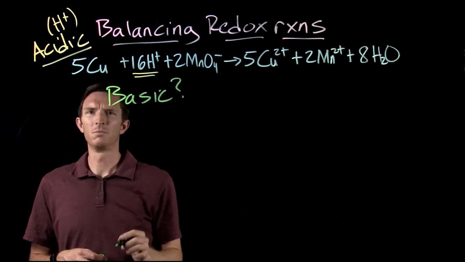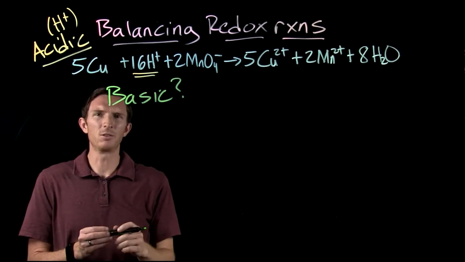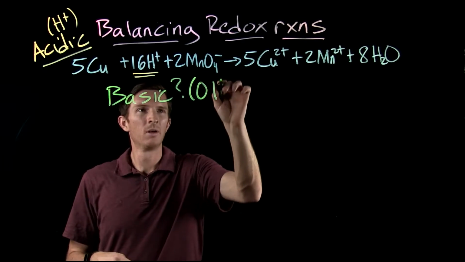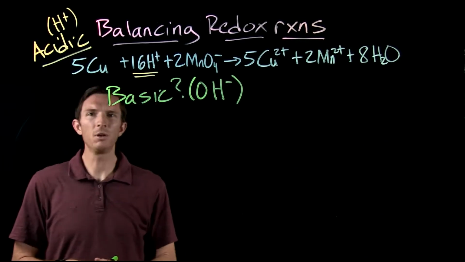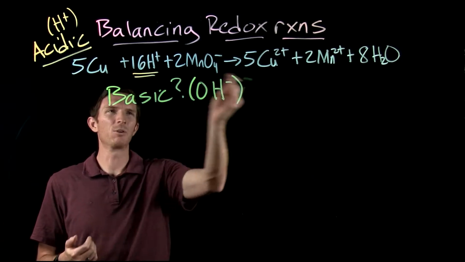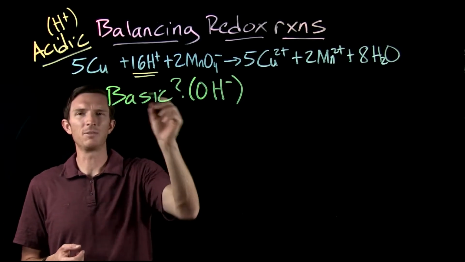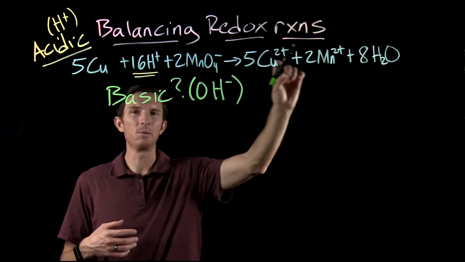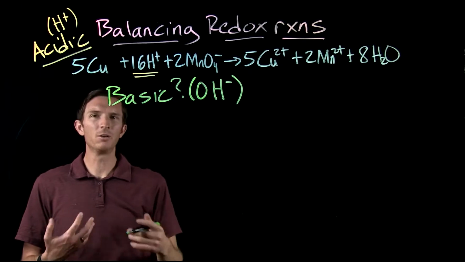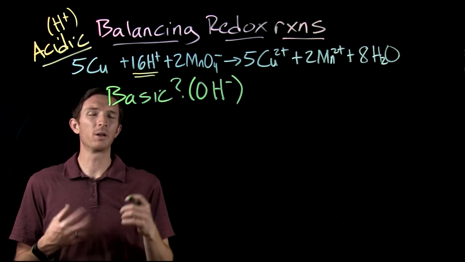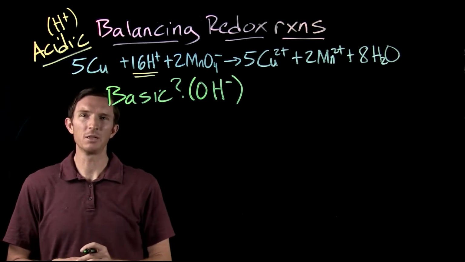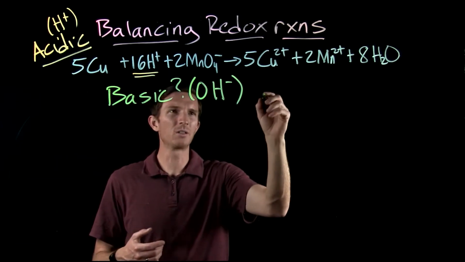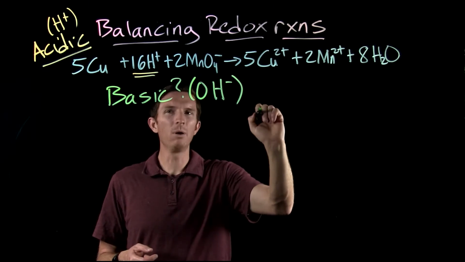a basic solution. Okay. Well, if we have a basic solution, we don't have an excess of H+ ions, right? We have an excess of hydroxide ions. So it wouldn't make sense for us to write out a balanced chemical equation dealing with an excess of H+ ions. So what we can do is balance it like we would in an acidic solution, and then we're going to do an extra step. What we're going to do is realize we don't have an excess of H+, we have an excess of hydroxide. So we take our balanced acidic solution chemical equation, and what we do is